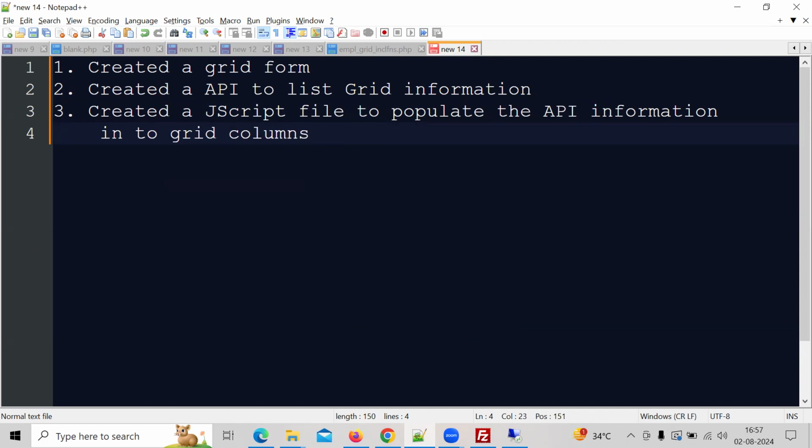So create a JavaScript file to populate the API information into the grid column. Then fourth